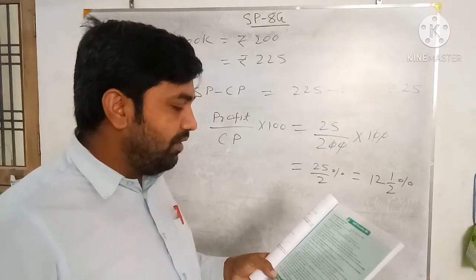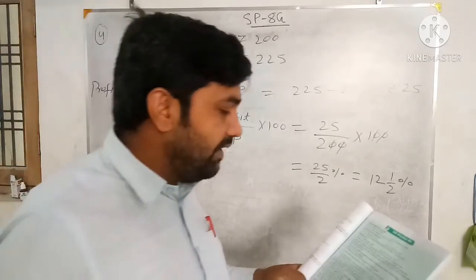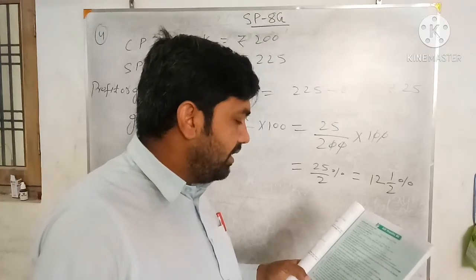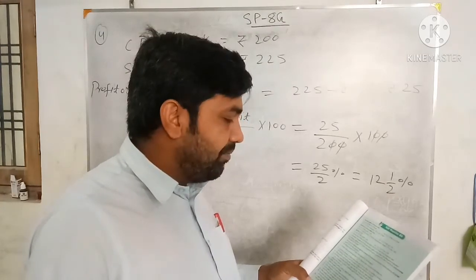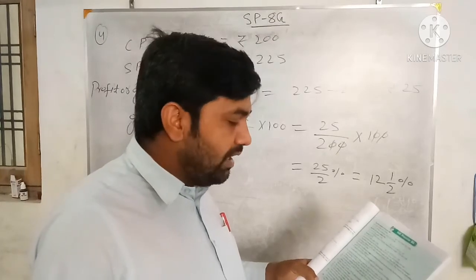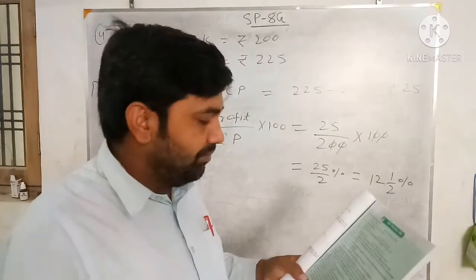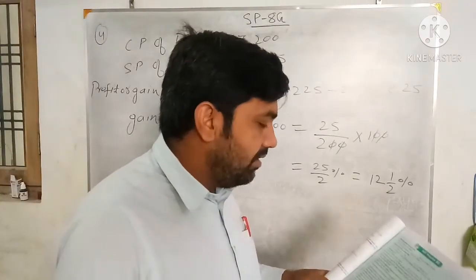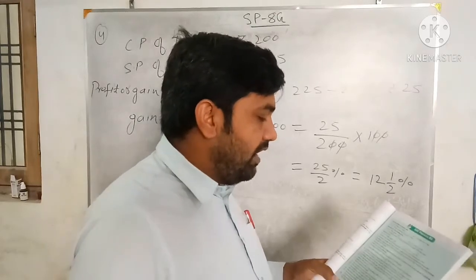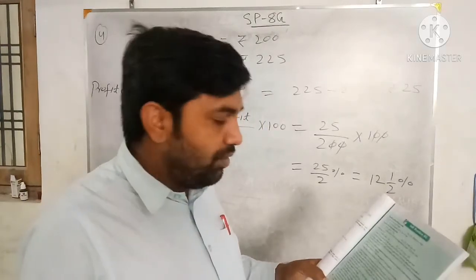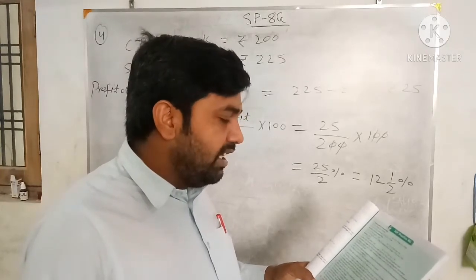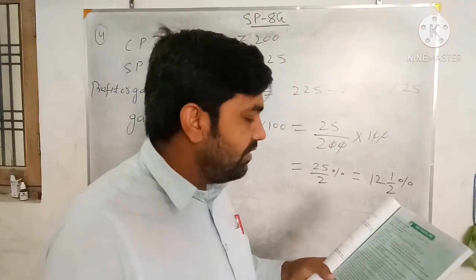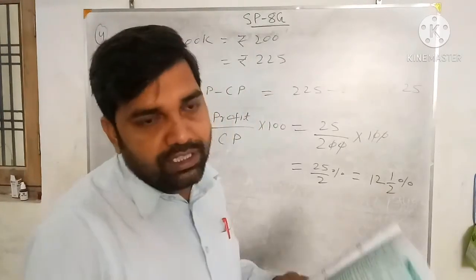Here the selling price of the cell phone is given and profit percent is given. What would be his profit percent if he sells for 2,040? So first you calculate the cost price, and on the same cost price you calculate the profit percent on the new selling price. For the question number 6, first we find the CP of the cell phone when he makes a profit of 25% on selling rupees 2,400, and when you get the cost price, on that cost price you will calculate the profit on the new selling price which is 2040, and after that you can calculate the profit percent.